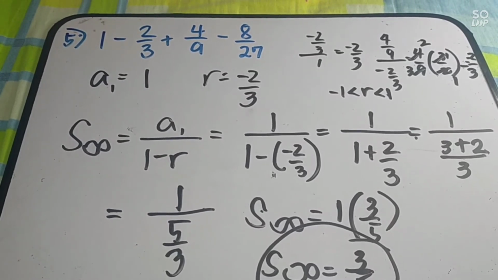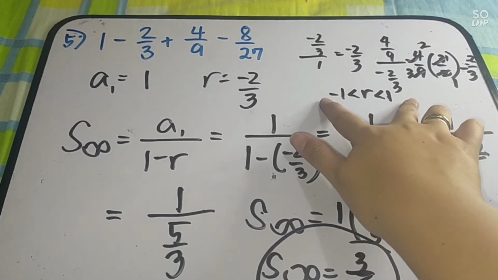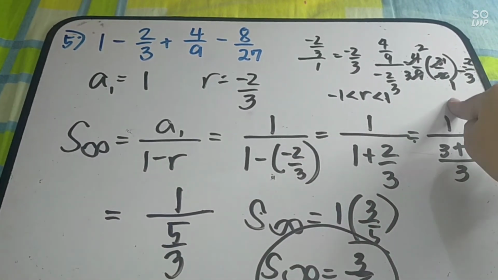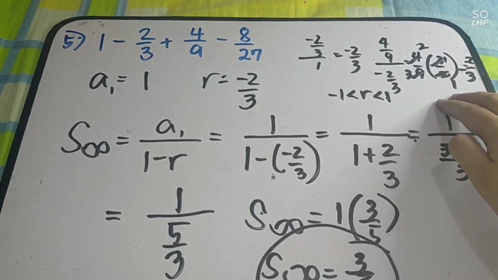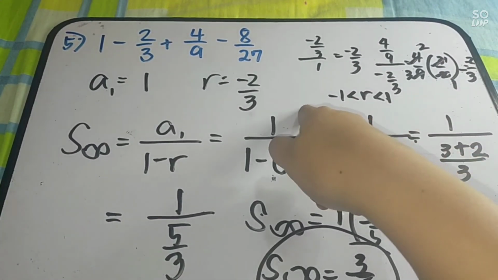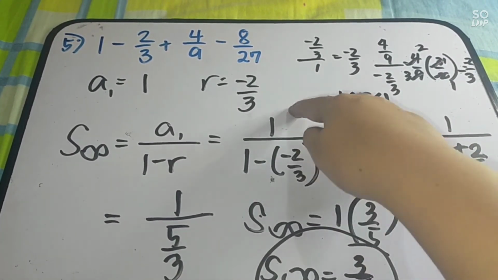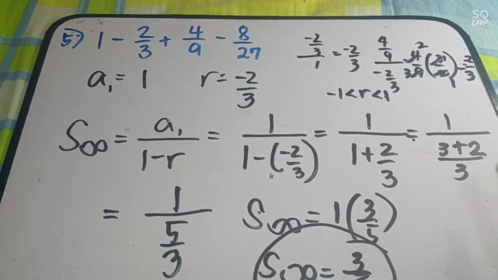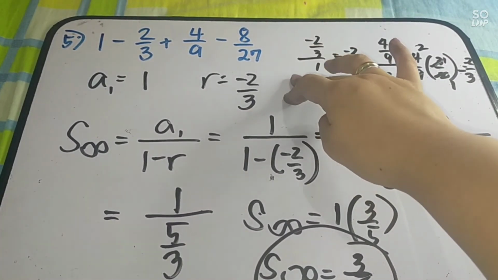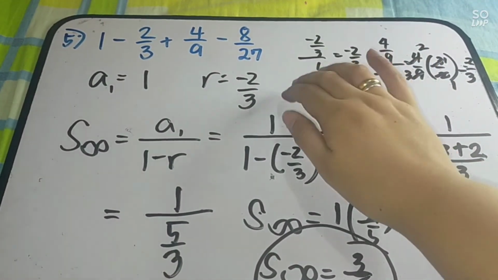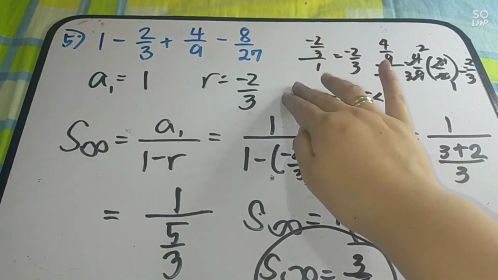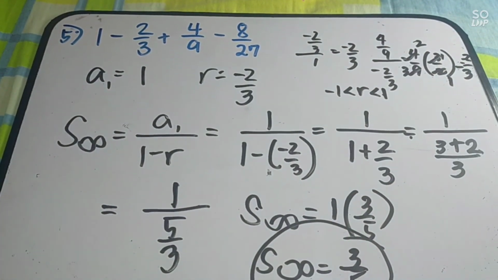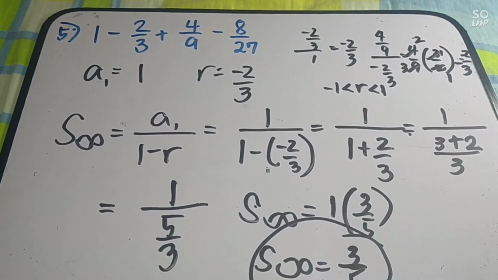Basta tandaan lang po, kailangan ang common ratio nyo ay nakapaloob lang dito kay negative 1 and 1. Pag sumobra kay 1, there is no sum exist. If bumaba pa kay negative 1, wala rin siyang sum na nag-exist. Is it clear? So, usually, ang makukuha nyo sa common ratio ay fraction. Positive fraction or negative fraction na hindi tataas kay 1 na hindi pa bababa kay negative 1. Is it clear? So, hopefully, naintindihan mabuti ang